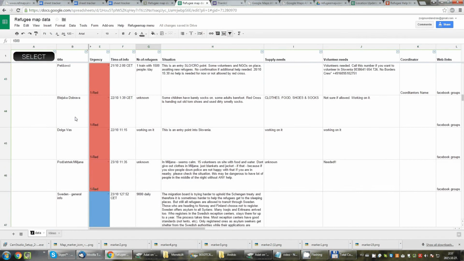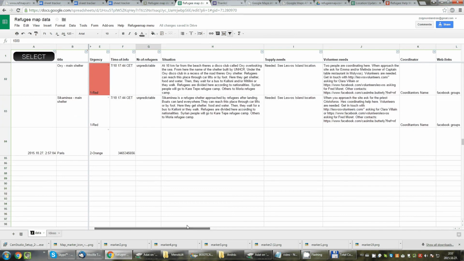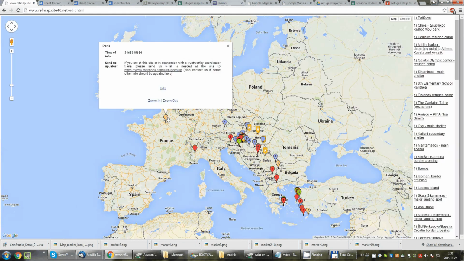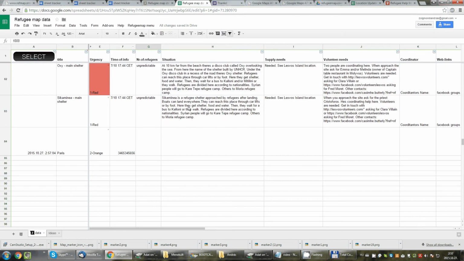I think there's still a slight mistake there, but no, it's working properly. And if we refresh the map, then we will see Paris, which is here with this strange time code that I gave. This is how we actually add a new point. What else do we have here? Apart from not having to add data twice,